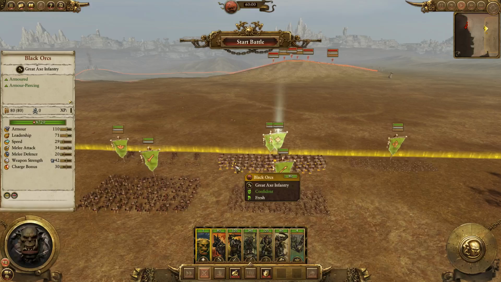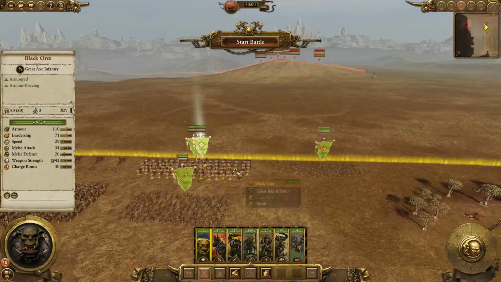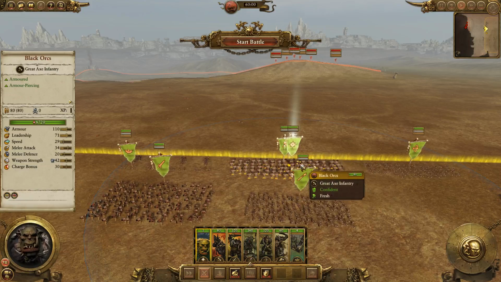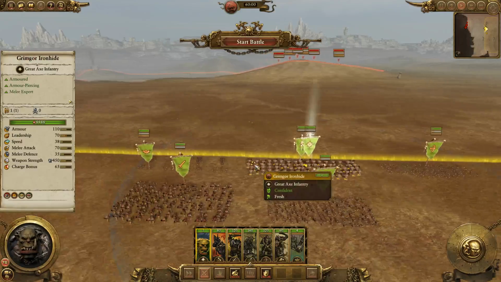Infantry's not large, so they're not going to get a bonus against these guys, and it just makes it a really tough matchup for the enemy, because now these slayers are going to have to fight through black orcs to get to something like trolls if the trolls are in the middle, and the black orcs are going to slaughter them because the slayers aren't designed to fight other infantry units. So that's just a quick